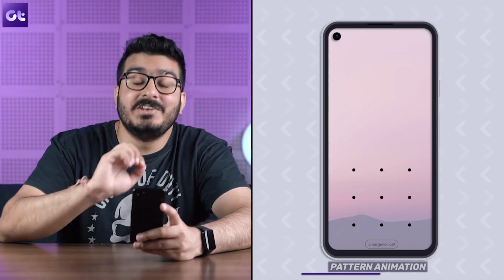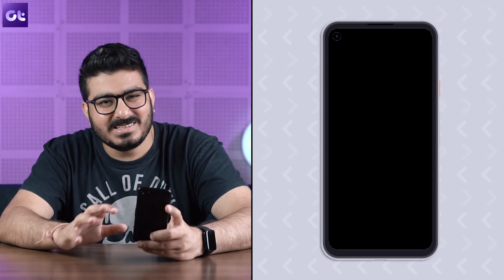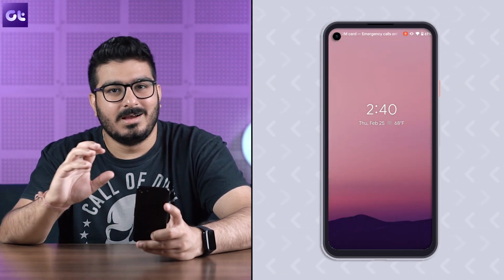You now get a new pattern animation which is a little more bouncy, and you also get that background bokeh which looks slightly subtle, opaque, and it's there. I mean, yes, it's a change, it's not a big change, but yeah. Okay, so those were the visual changes that are available to anyone out there who installs Android 12 on their